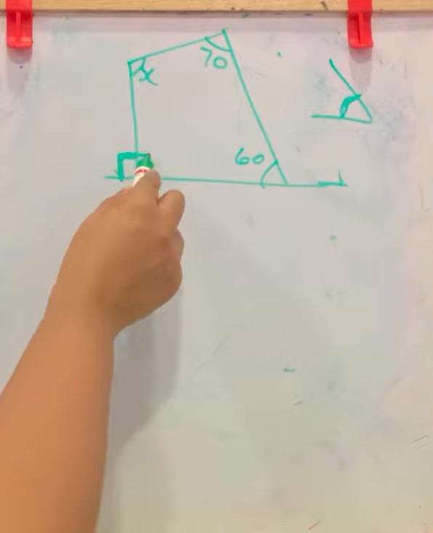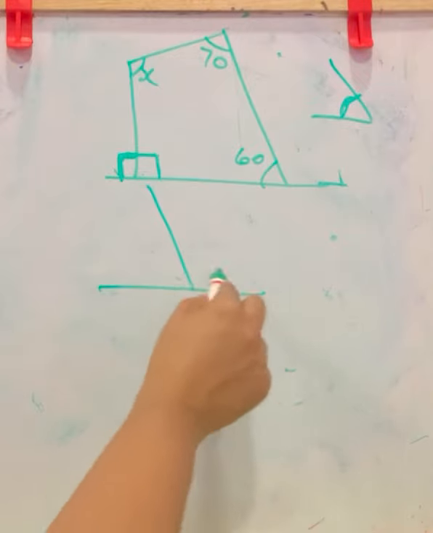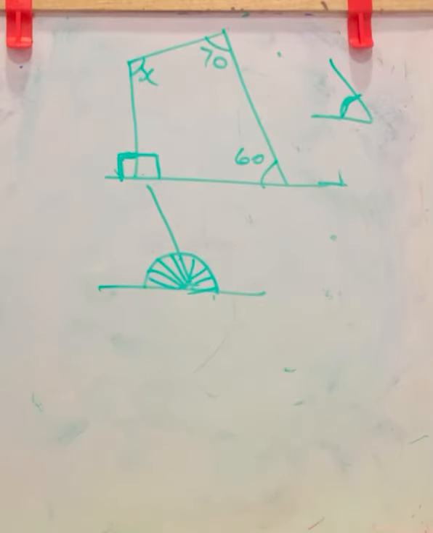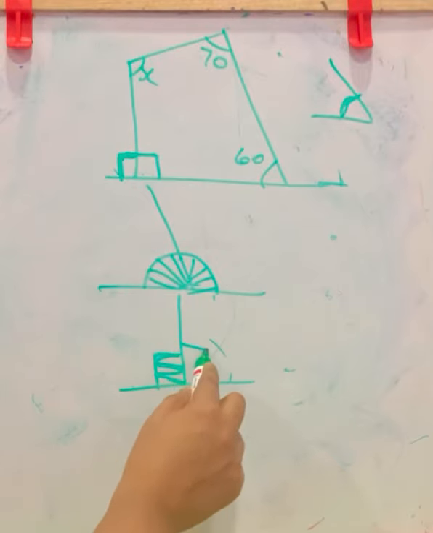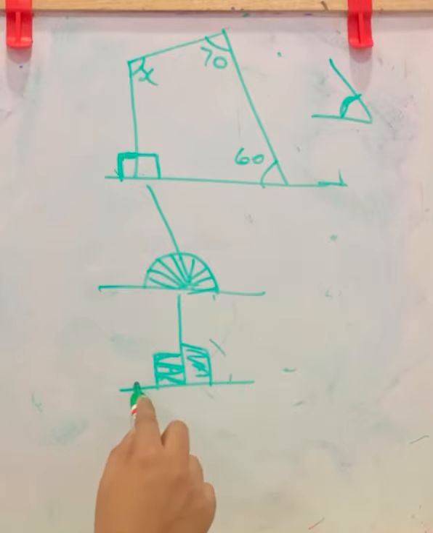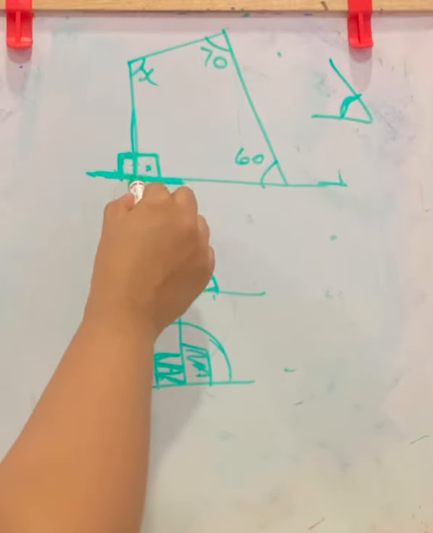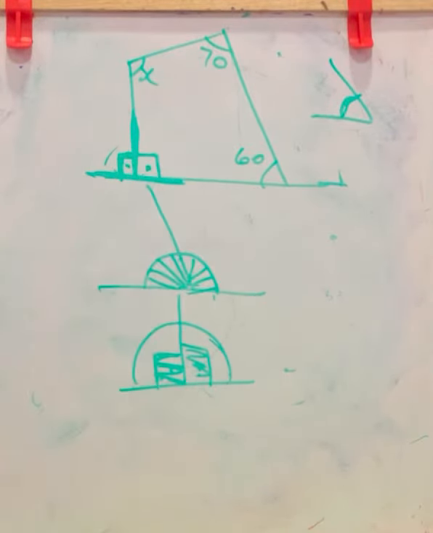If this is 90, this side will also be 90, because if a line is intersecting on a line segment, the total of this angle will be 180. That is linear pair. It is called linear pair. So if a line is falling straight and forms 90 degree at one side, this is linear pair. If this is 90, then this angle will also be 90, because 90 plus 90 we have to get 180. So here it is 90, then here will also be 90, because this is a line segment, a line is falling on it. This is a linear pair here. This is 90 given. So this is also 90.